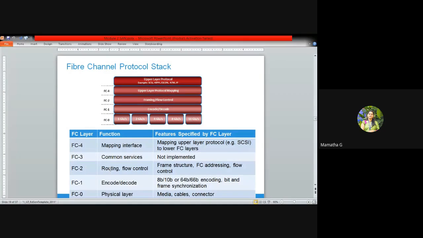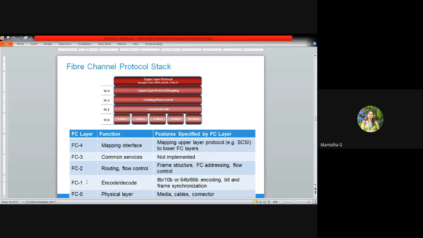In FC2 we have seen the main functionalities, purposes, routing, and also the flow control. These are the two main functions of FC2. And here the features are the frames and structures and sequences, everything, the data frames division or the sequences division, and addressing, FC addressing, flow control. All this process goes on in your FC2 layer.